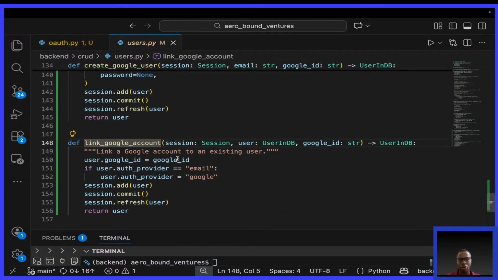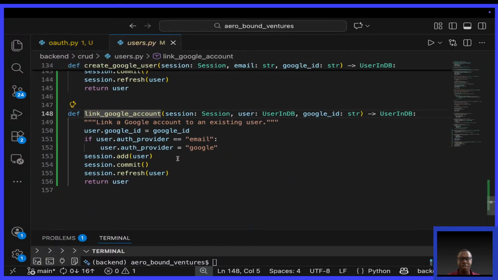If I go to it, how does the linking happen? It simply says user.google ID equals Google ID. And if the auth provider is email, we say user.auth provider equals Google. No, but this is actually wrong. If user.auth provider equals email, user.auth provider equals, this should be Google. Both of them should be